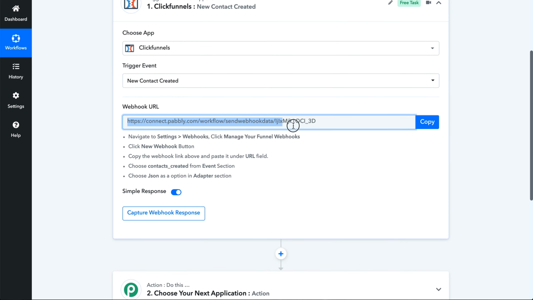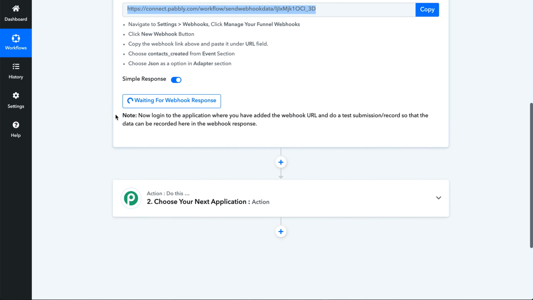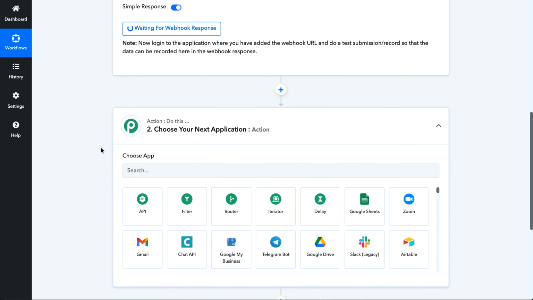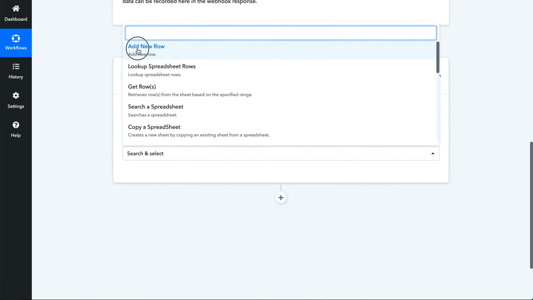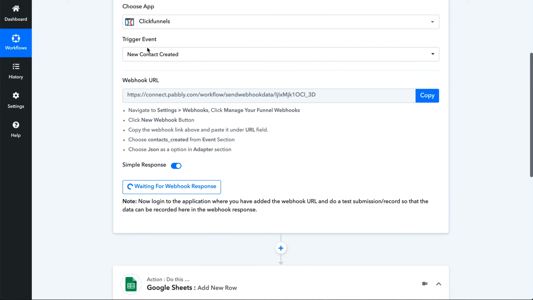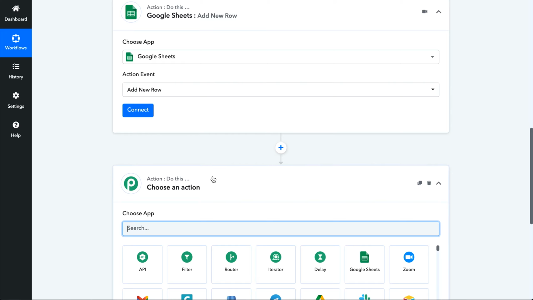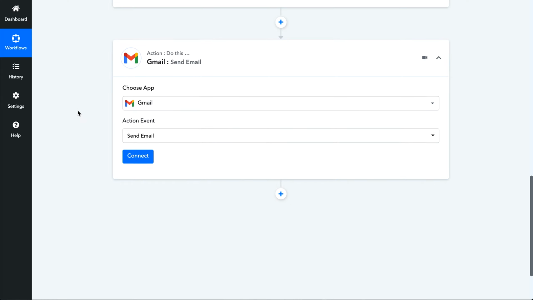Then they give me a webhook. That's what they do for a lot of their things, give you a webhook, but they then give you simple step-by-step instructions to set it up. There is some work in setting this up the first time, but once you have it set up, everything happens automatically. After that, I can choose my action. For this action, I maybe want to update a Google Sheet with a new row with this information up here. And then maybe I also would like to send an email, so I'm going to search Gmail, then choose send email, and go from there.